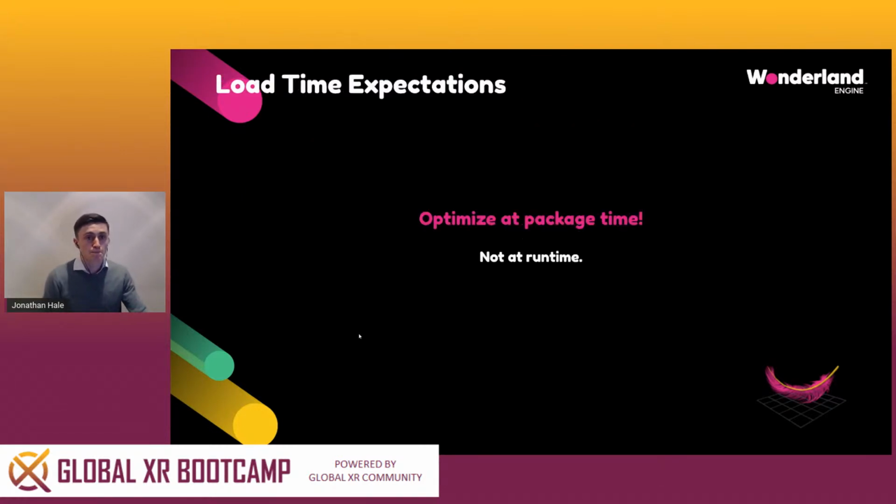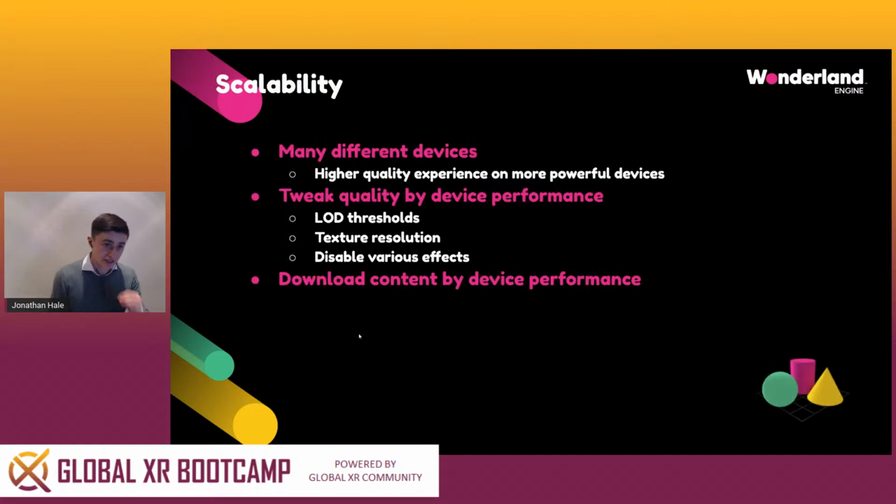But if there's one thing to finalize this load time expectations topic: optimize at package time, not at runtime. Some frameworks load your file and then start optimizing that, resizing images to power of 2 and such. Try not doing that, because optimizing at runtime will increase the load time, especially on low-end devices. And with low-end devices, we found a segue to scalability